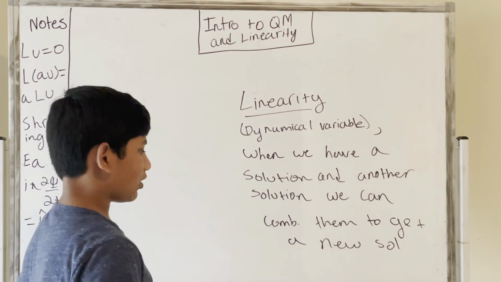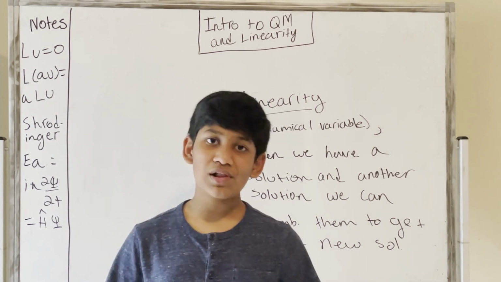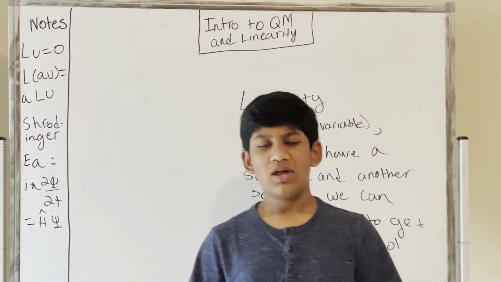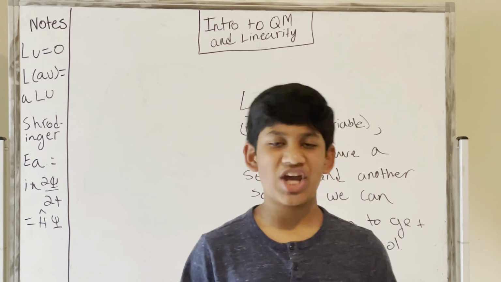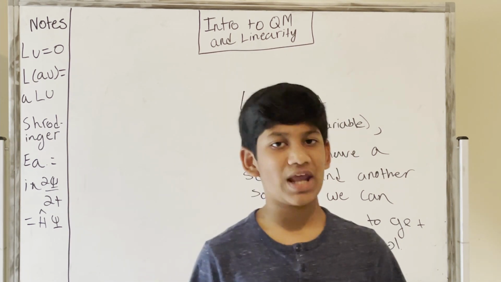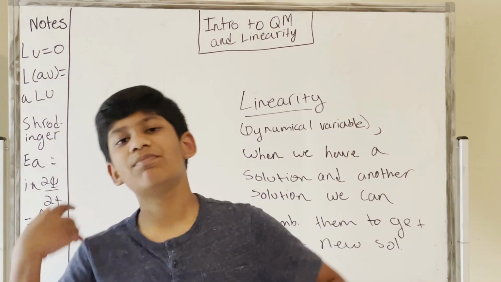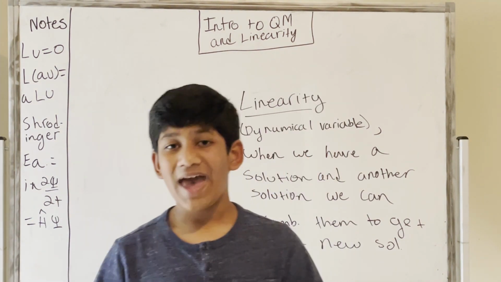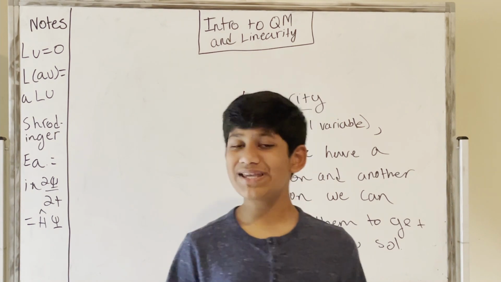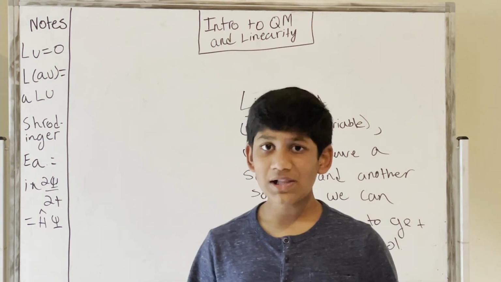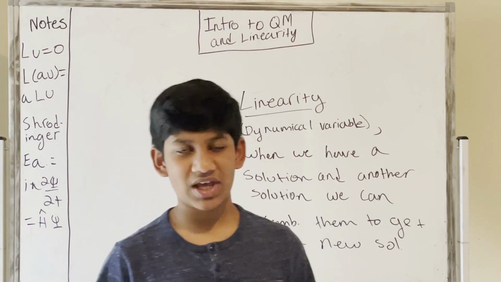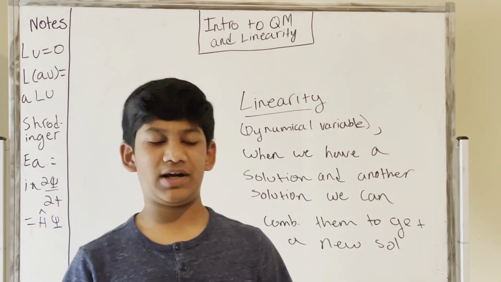So what is a dynamical variable? A dynamical variable is the main variable. The main variable means the variable that is changing. We can have more than one dynamical variable. For example, we can have u as our dynamical variable, or a, r, c, any letter of the alphabet. We can even have more than that. So a dynamical variable is just a variable that changes, and it's called the main variable.